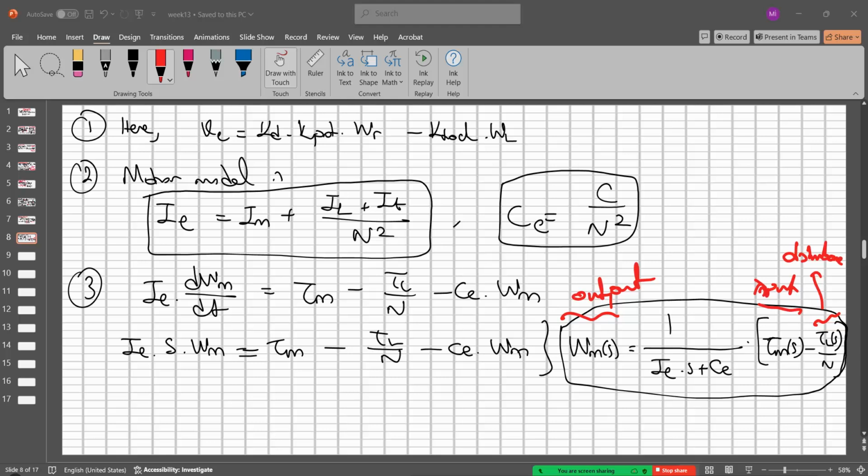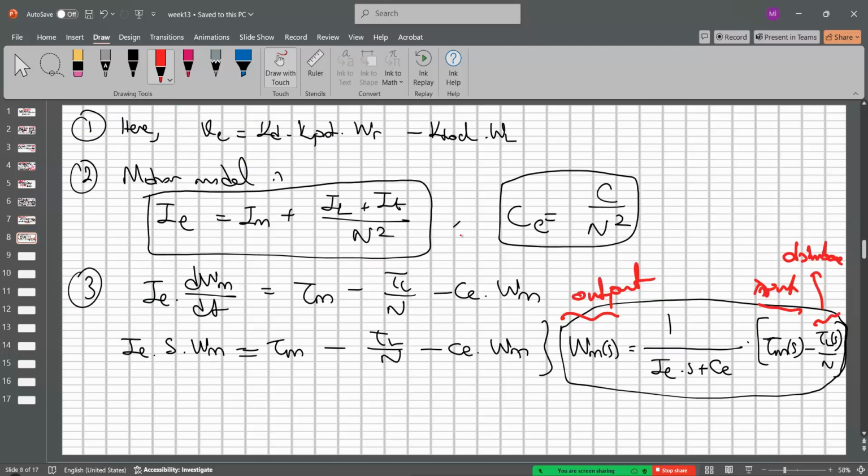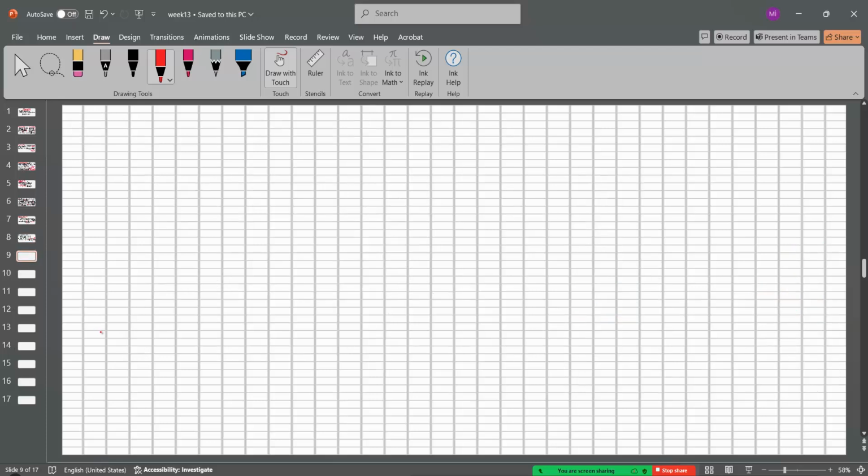These are the basic information about how we can model this mechanism in real life. In the mathematical models we have this output, input and disturbance values. But how can we convert these values into the block diagram? Just see that. In this case, the block diagram is, first of all, we need to assign